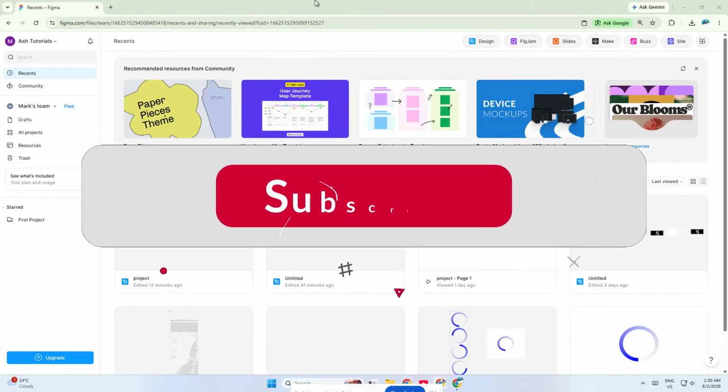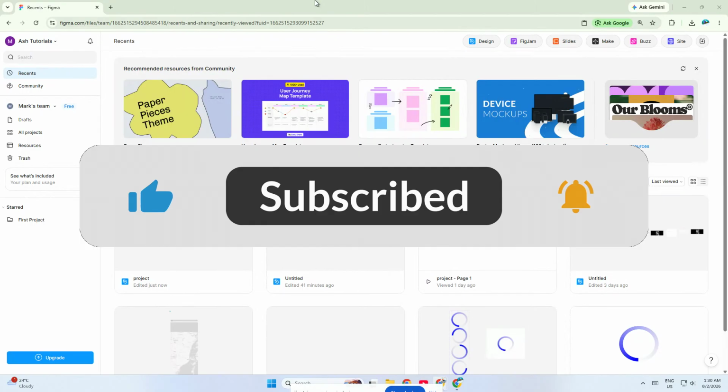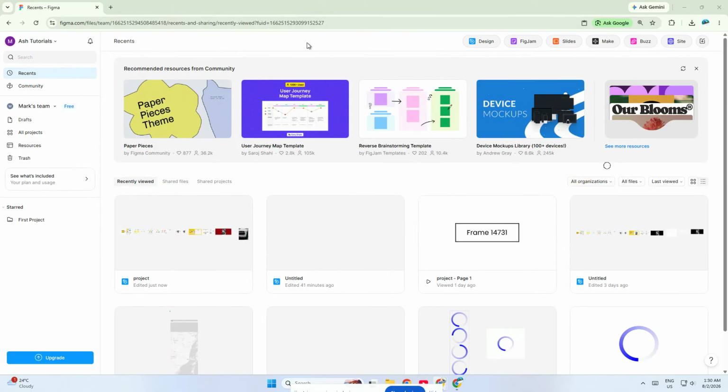Let's jump right in. First, go to the Figma file browser dashboard. This is the main screen where you can see your recent files, projects, and team spaces. If you don't see your team right away, look over at the left sidebar. Figma keeps your teams and the projects listed there, so this is usually the fastest way to find the one